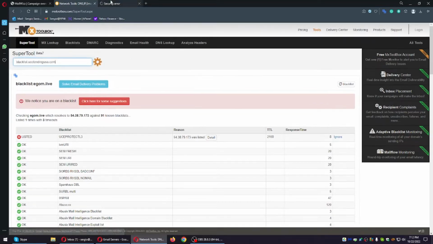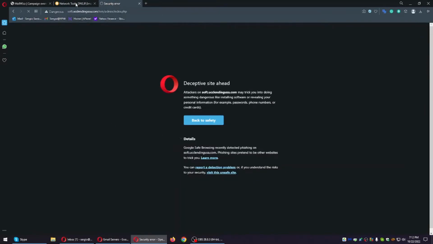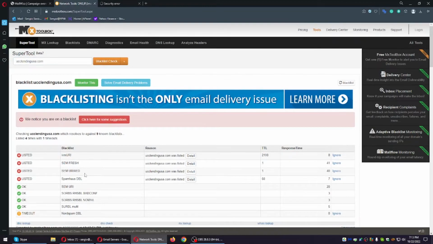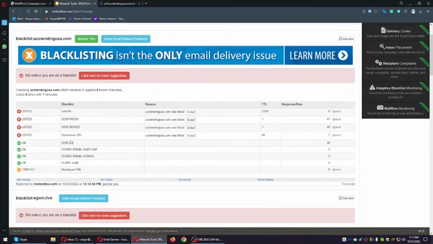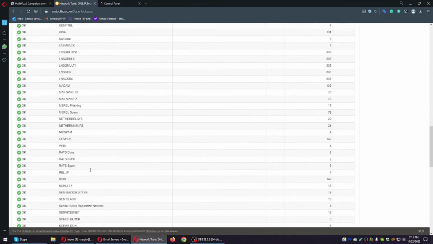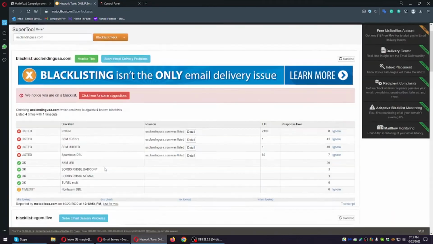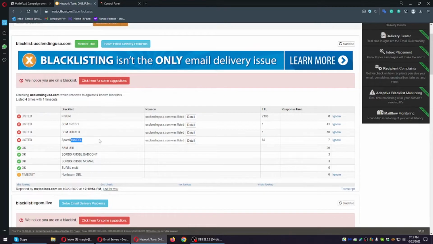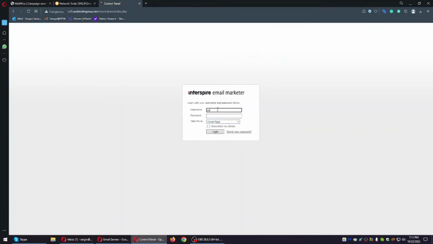And I know it's blacklisted because I've been sending campaigns through this server. And as you can see, Spamhaus, SEMfresh, it's all over the place. So we're blacklisted on the major blacklists, and that's not good. As soon as you're blacklisted here on the Spamhaus DBL, Spamhaus Zen, and others, it's all gonna go mostly to spam, for example, or not even end up in spam. See, that's the thing. A lot of times you can send maybe email campaigns and it's not gonna end up